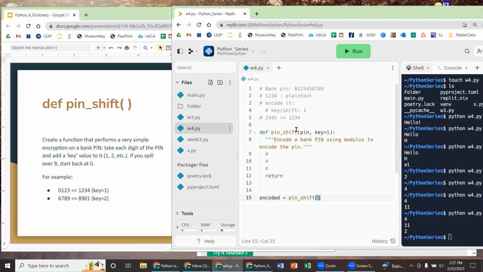What is my function expecting? It's expecting a pin. So let me make a pin, something like this maybe, like we did in the example above. So we'll say we have pin. Let's go ahead and supply it. And I could, if I want, define a custom key to shift by, but we'll just use the default. So I'll just supply pin, and we'll automatically use the shift by 1. So we should be going from this to the 2, 3, 4, 5,